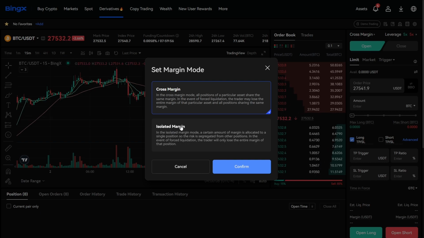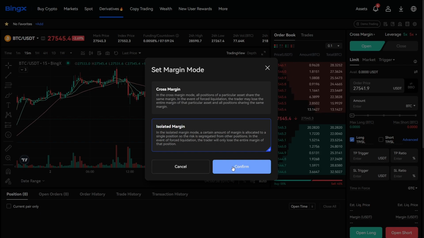Isolated margin is allocated to your single position, and it's not so risky because you won't use all of your assets. Please pay attention that when you want to trade, you can choose cross margin or isolated margin,